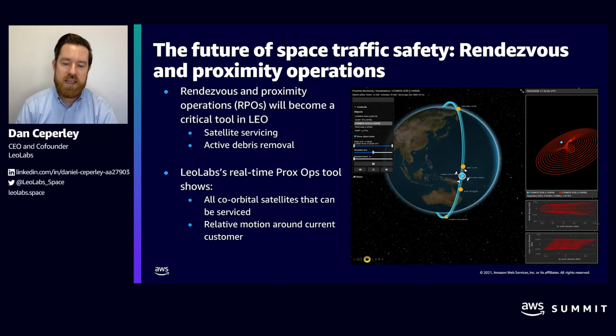So if you look at the screenshot on the right side here, you'll see one satellite highlighted in blue, which is the servicing satellite. In the future, it will be the servicing satellite we're talking about. And then the other orange balls are the satellites that can potentially be serviced by this particular satellite. So this satellite will be able to move and drift over to another satellite to eventually dock with that satellite. And you see on the right side some relative motion plots. It basically shows how this one satellite is orbiting relative to another satellite.